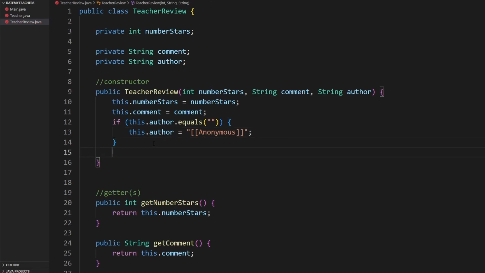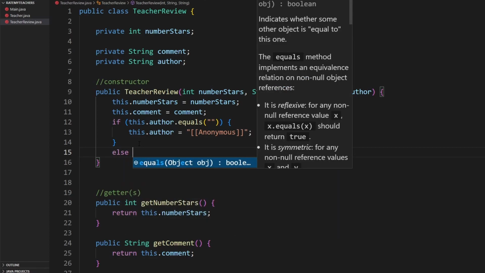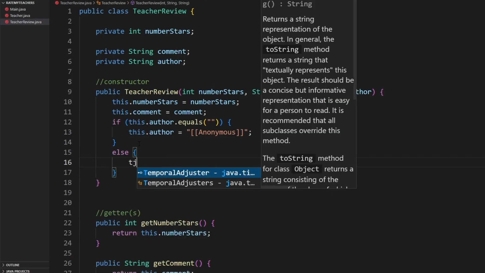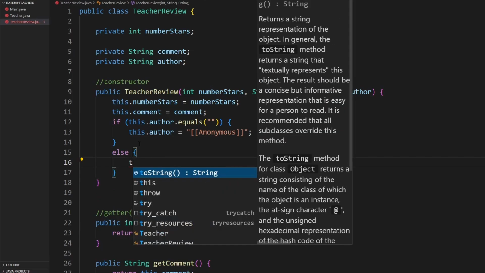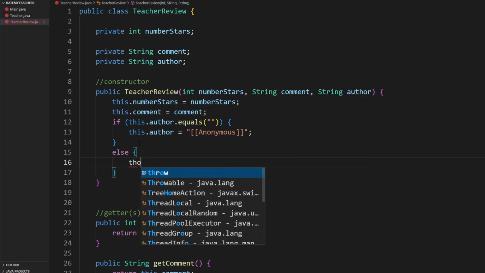Yeah, so if they chose to be anonymous, they don't have to be called out, like in case the teacher sees a review. Imagine if you wrote a review for that teacher that you really dislike, and the teacher would see the review that's made by you. He or she's going to call you out. That's not good. Else, this dot author is author. Otherwise,